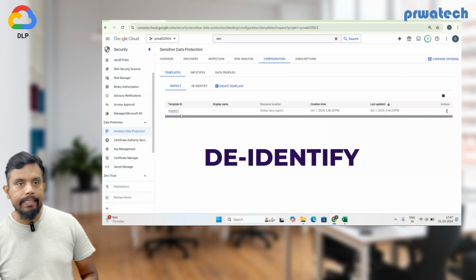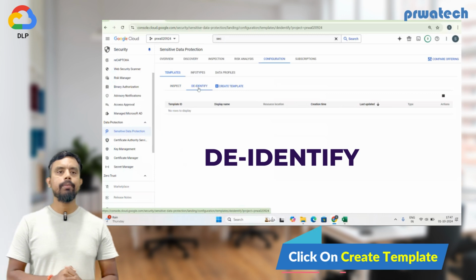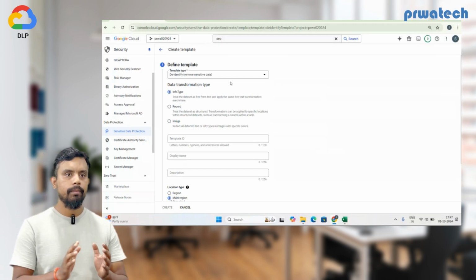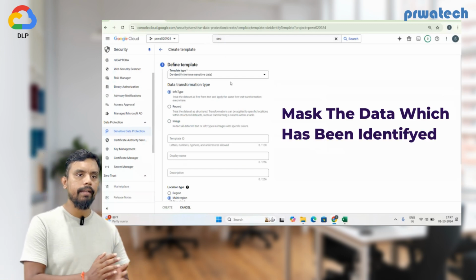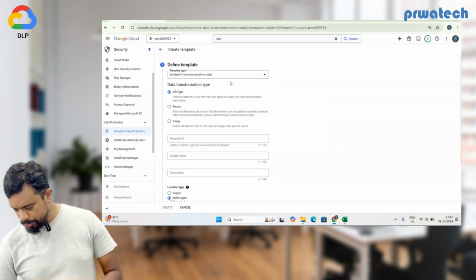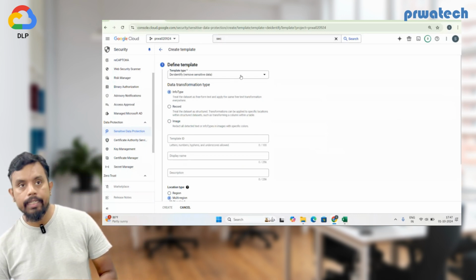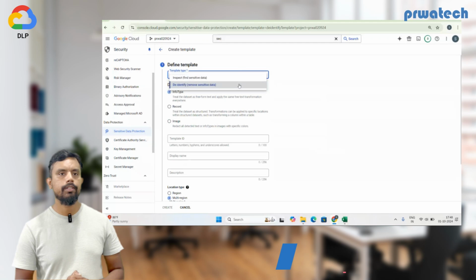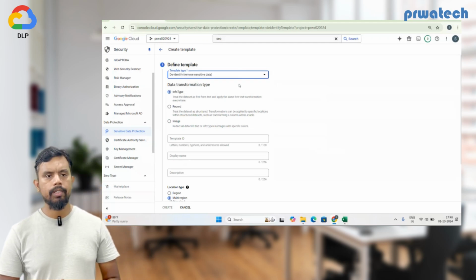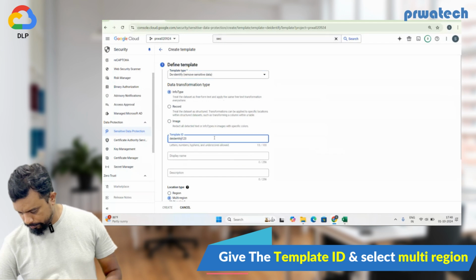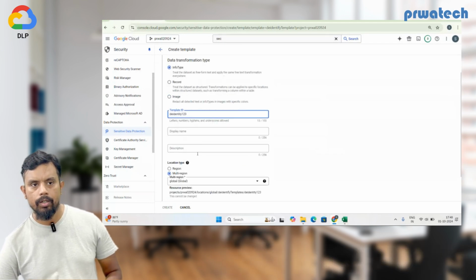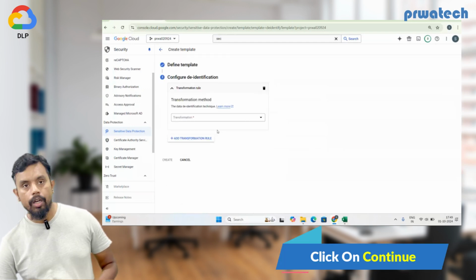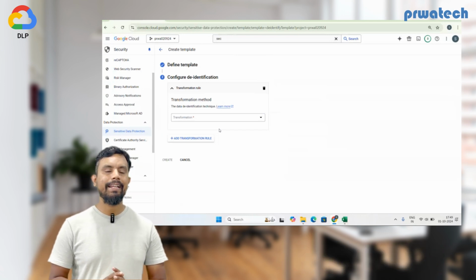Your de-identify. So now we'll create another template, and this time this template is all about masking the data which has been identified. Okay, now there are multiple options you have. So first of all, you have to give remove sensitive data. The next, let's be the info type with the same. I will give the template ID, user defined. Then I will select the multi-region. Okay, that's okay, and then click on continue. All right, so here we will click on transformation,